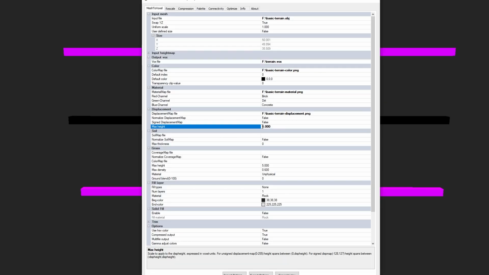And black will be indentations into the base mesh by the amount of the max height value. So in this case, 6. 1, 2, 3, 4, 5, 6. And tied up like this.